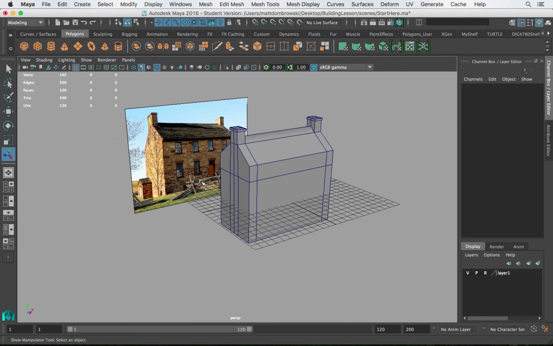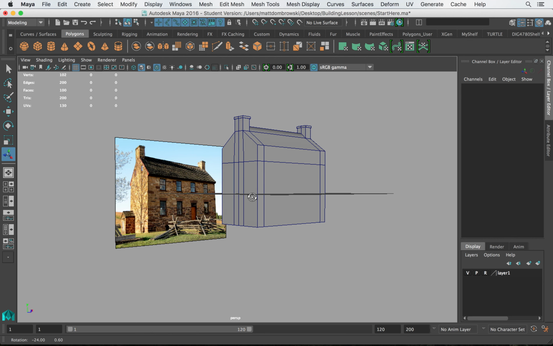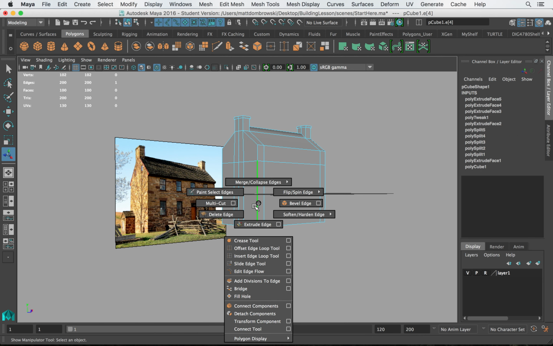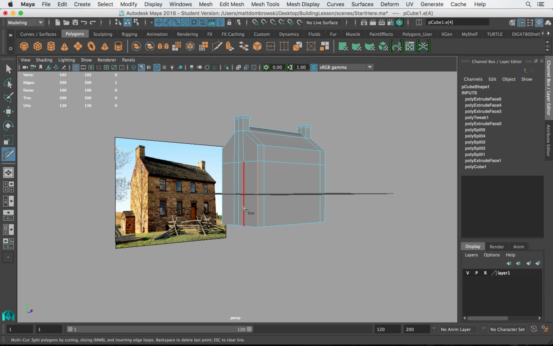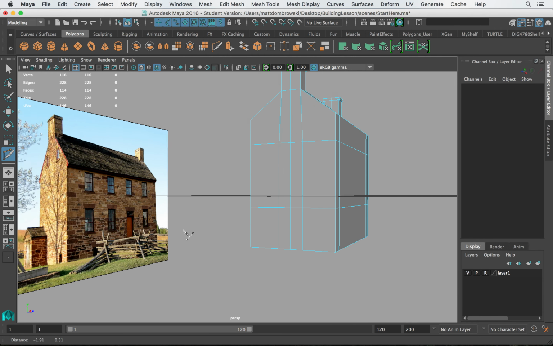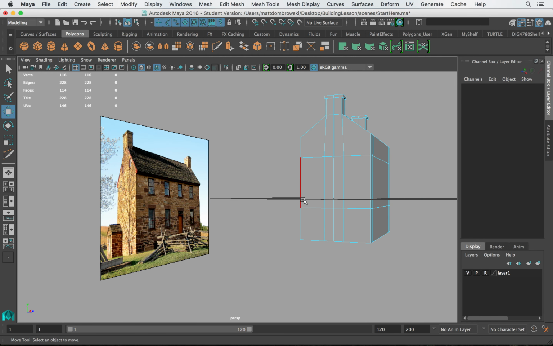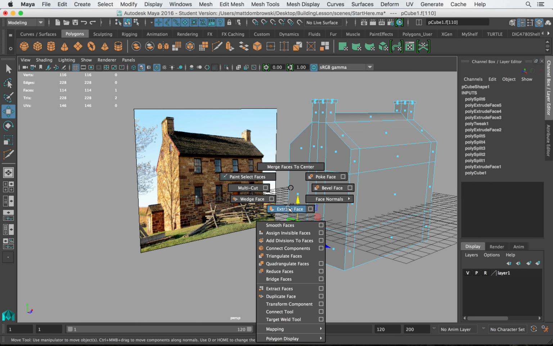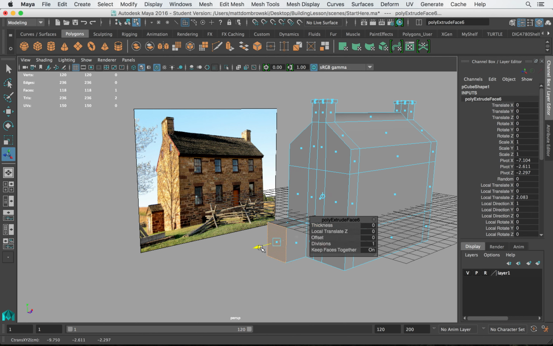For instance, this structure down here. So I know that structure isn't very tall, so I'm going to get my multi-cut tool again. And to do that, I simply select an edge, and I hold my shift key and go to multi-cut. I'll hold my control key down, and I'll make an edge loop around the object. This spot right here, and things work out sometimes in weird ways, but this spot right here looks perfect for that. So I'll select it in face mode, hold my shift key, right click and go to extrude, and I will pull that out